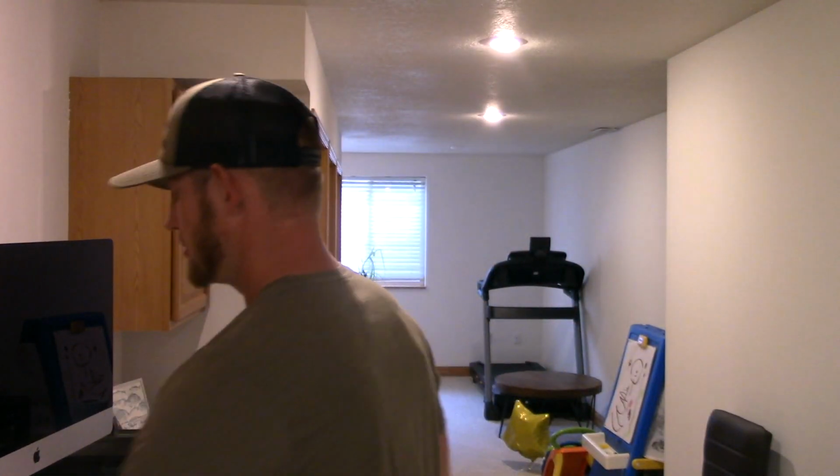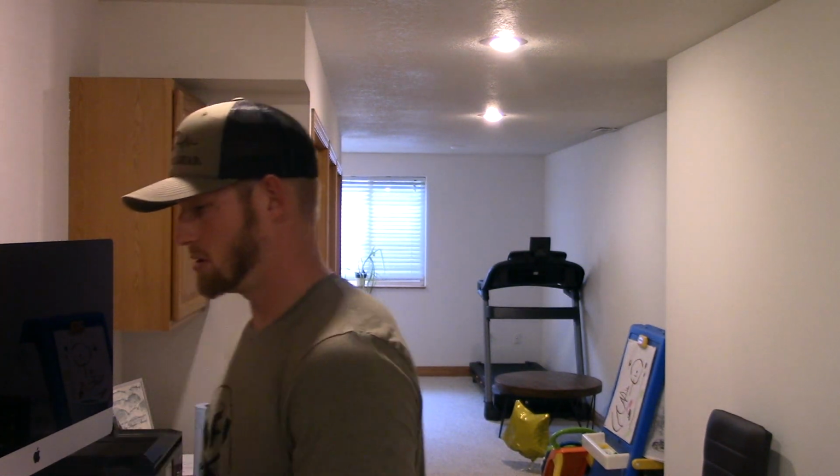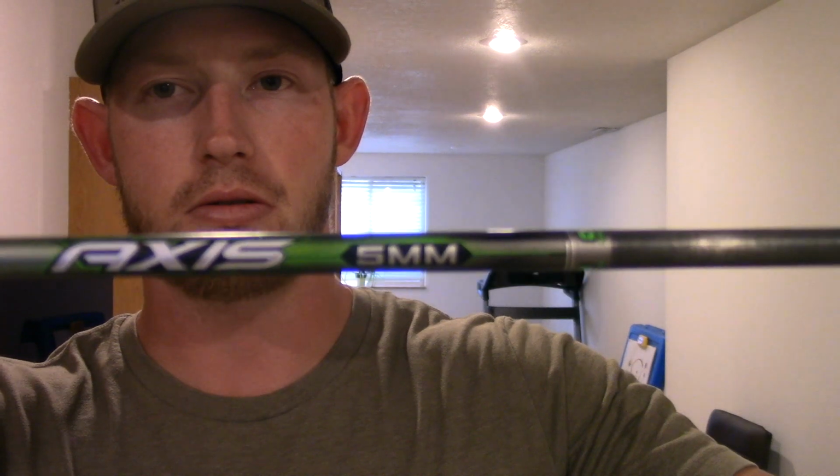I think I got the mic on. All right. Again, I'm gonna do some arrows for a friend. So he's got us an old arrow for a good measurement. His new arrows, he went with Easton Axis,